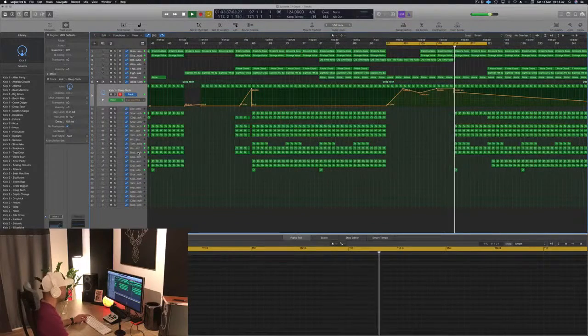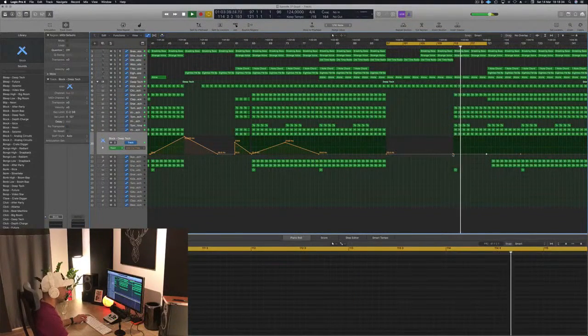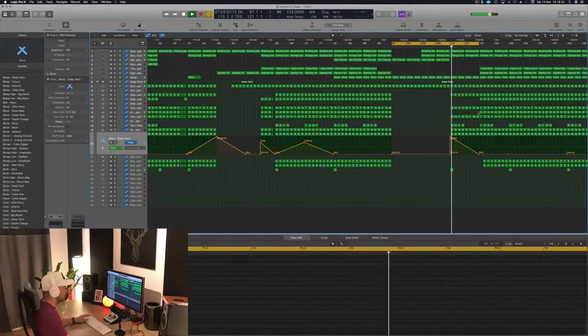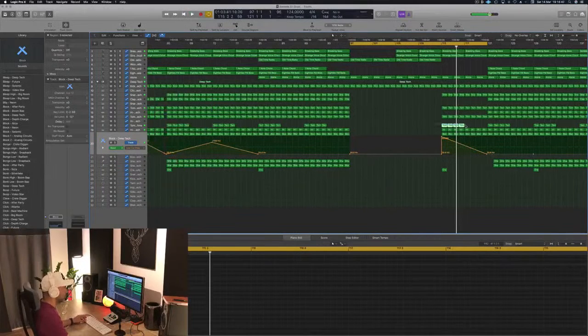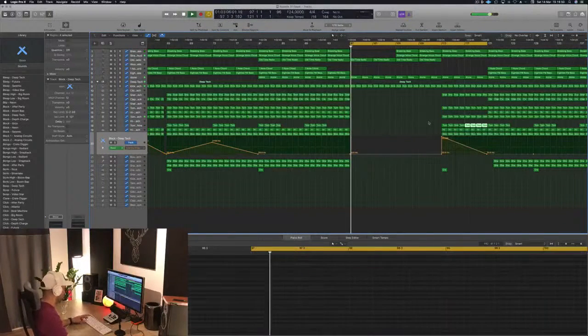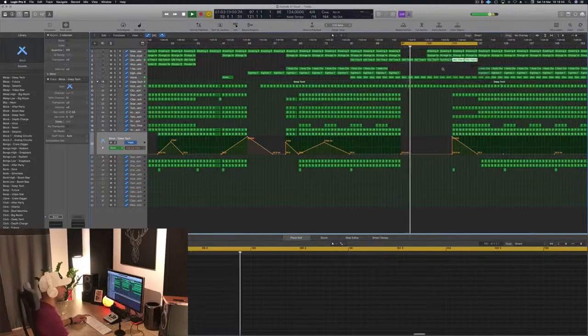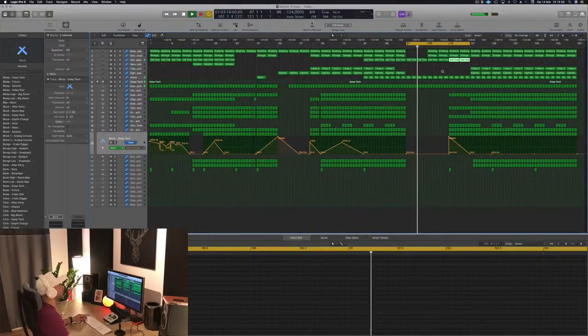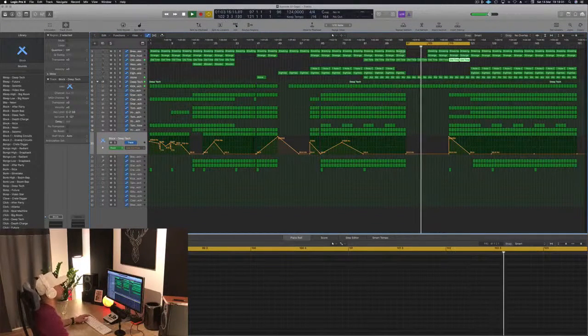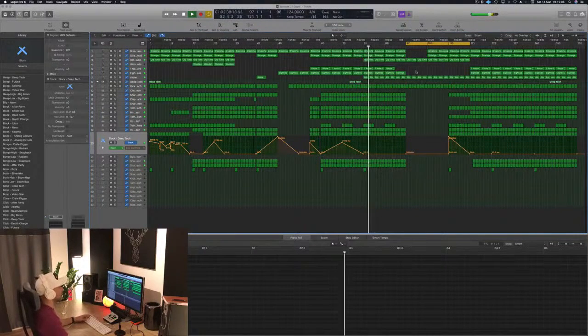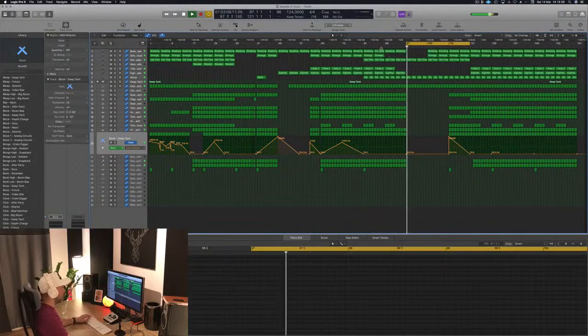Not those blocks, no. Big no. Ooh, I like those little percussions there in the back. Let's listen to it from here. Lots of energy in there.